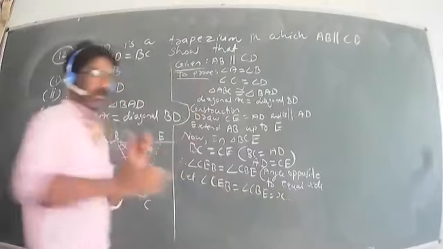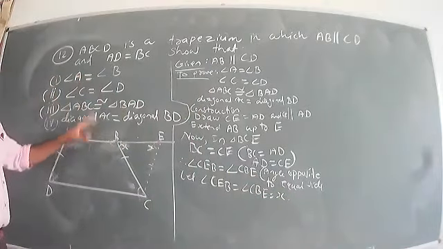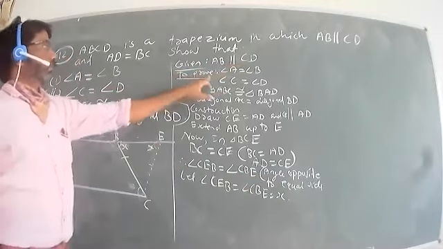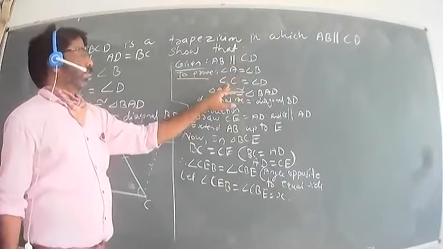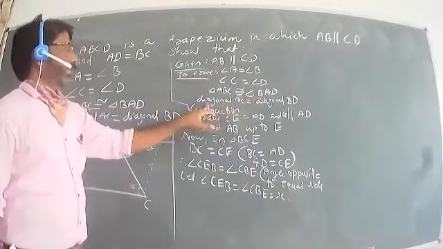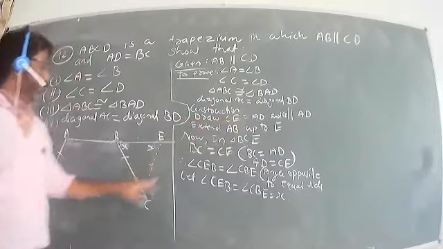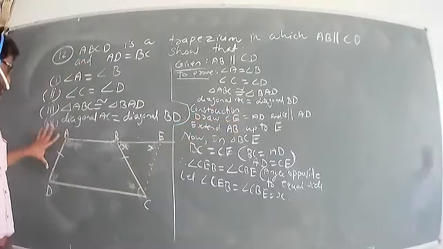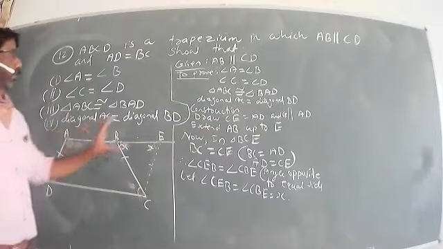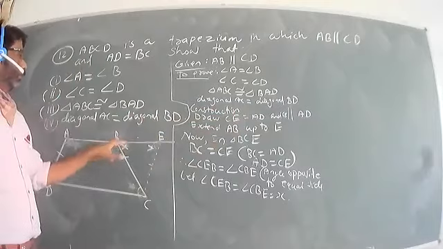Equal to x. So once again, this thing given AB parallel to CD, to prove angle A is equal to angle B, angle C is equal to angle D, triangle ABC congruent to triangle BAD, diagonal AC equal to diagonal BD. Construction we have to do, draw CE equal to AD, same distance AD equal to CE you have to draw, and CE should be parallel to AD. Extend AB up to this line up to E you have to extend.